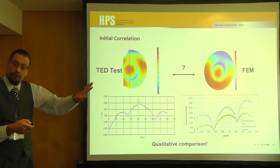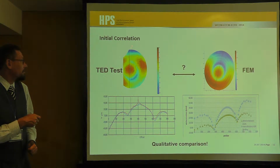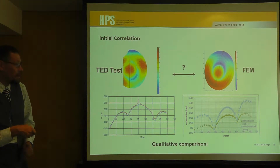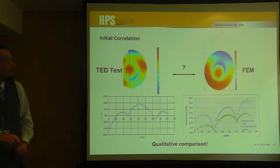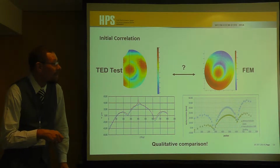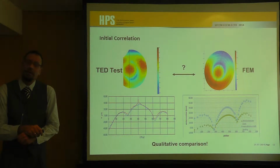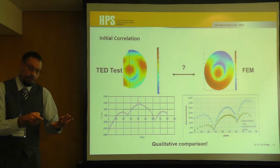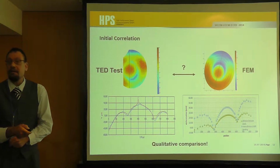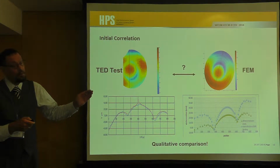Without these full-field comparisons, you usually try to take a typical line and compare these deformations. This is the measurement, and these are different simulations. Of course, we do have uncertainties in our model, especially on those things